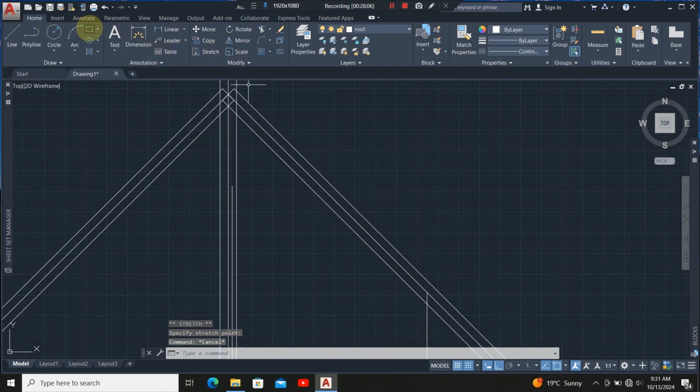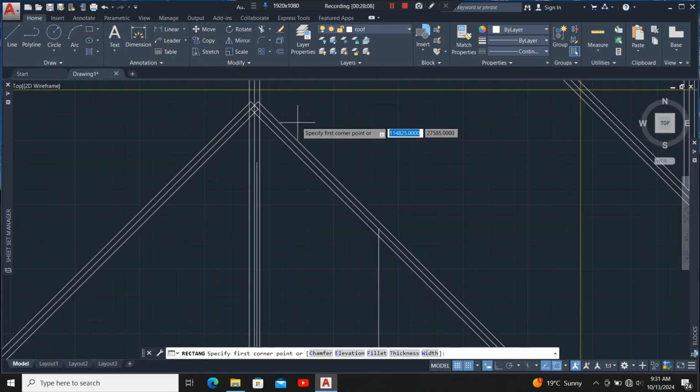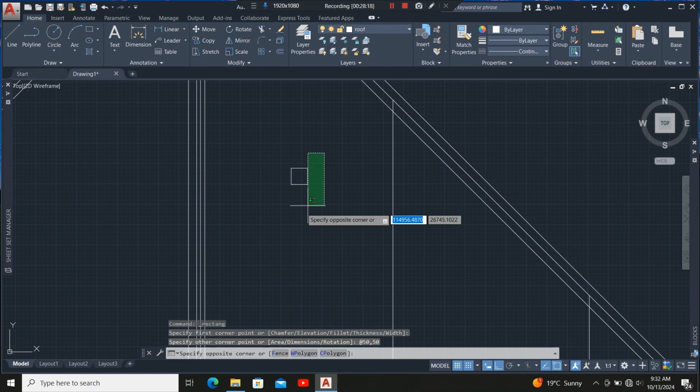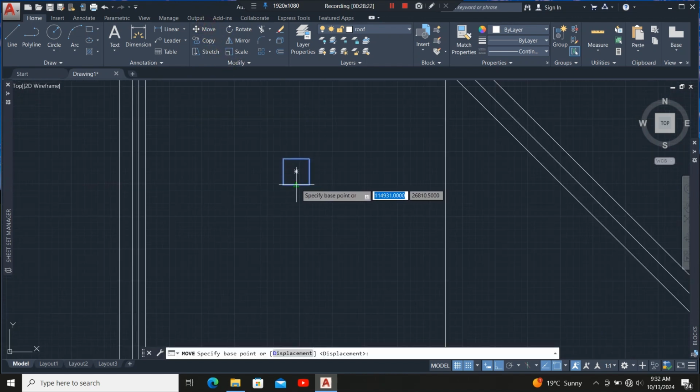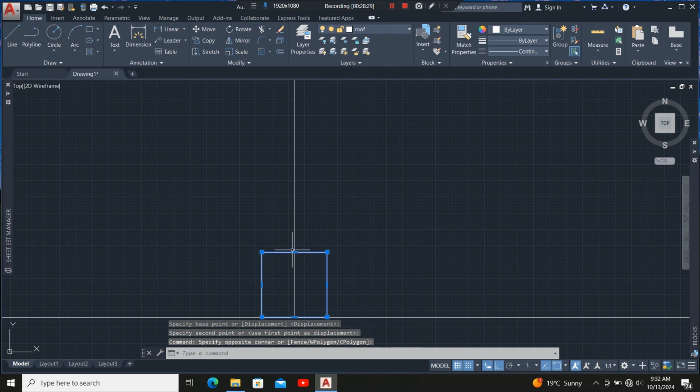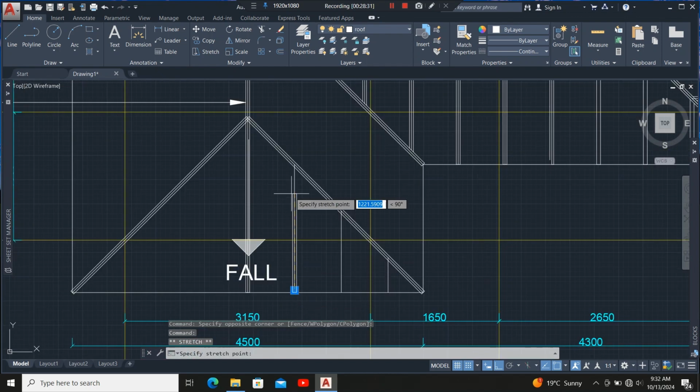I'll press escape, then still I'll use my square for dimensions of 50 by 50. Then I'll move it up to this point. Okay, I'll highlight it, then I stretch it out up to